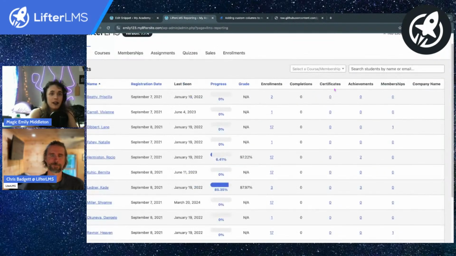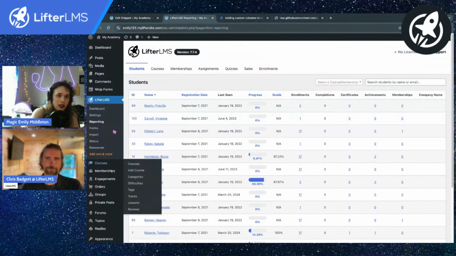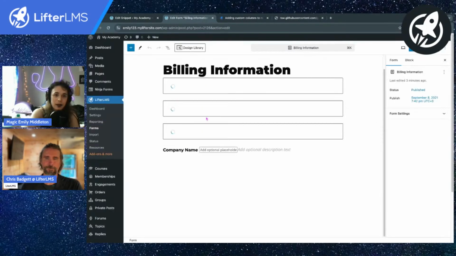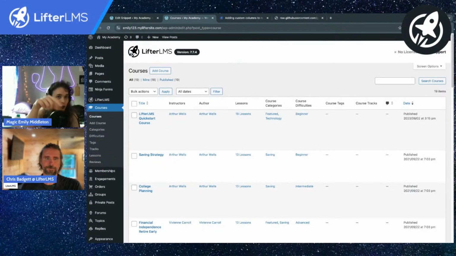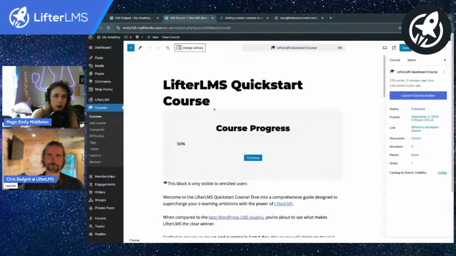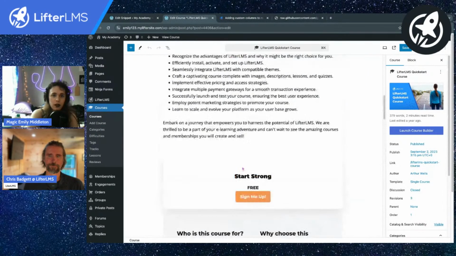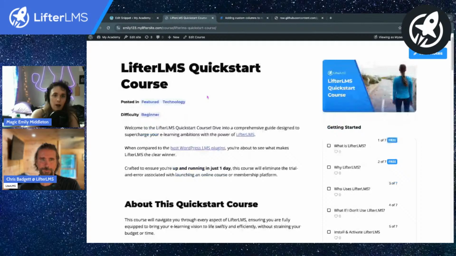This is awesome. Let's see if it works with our company name custom field. So in order to do this, I did add it to my form. Remember, the billing information form now has company name assigned to it right there. But I do need at least one user on my website to have filled in that field in order for it to populate. So I'm going to enroll myself, Arthur Wells, in this course just so I can populate the field. What I'm going to do is, is there a free plan? There is a free plan. So on my free checkout,